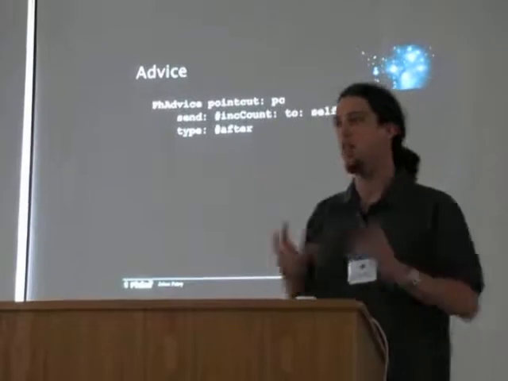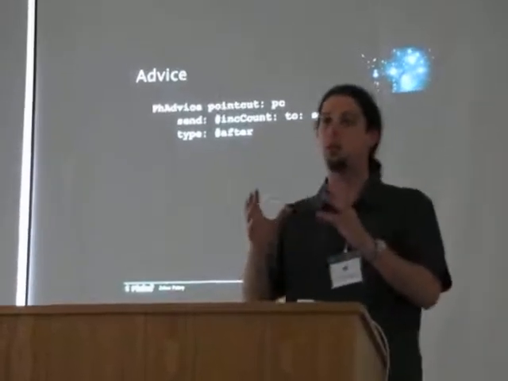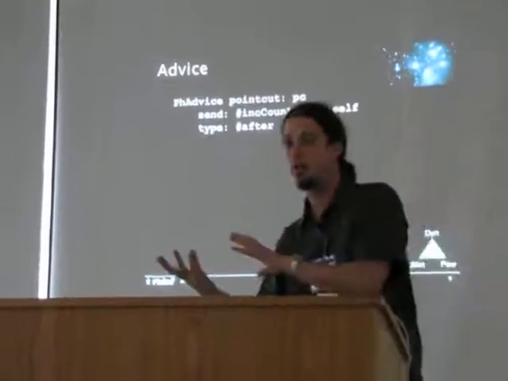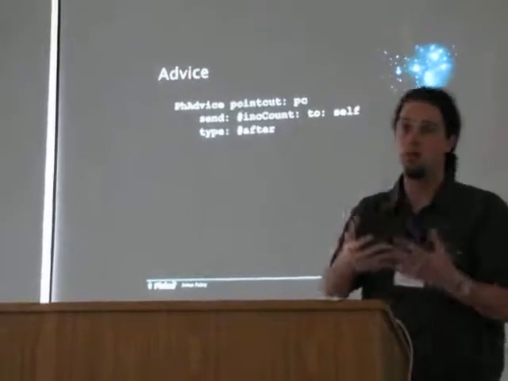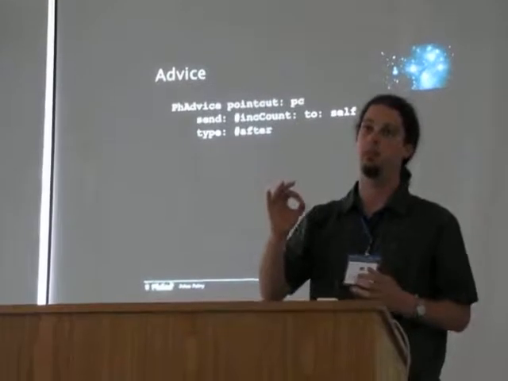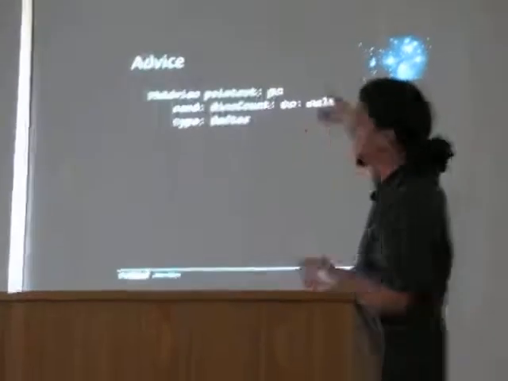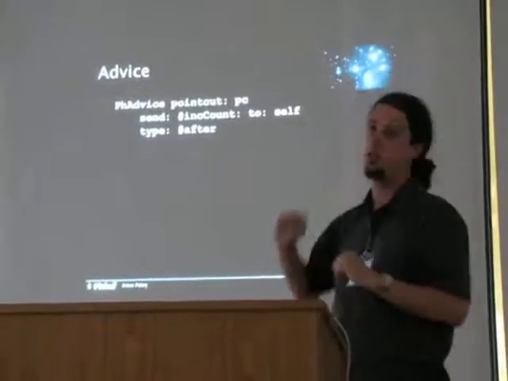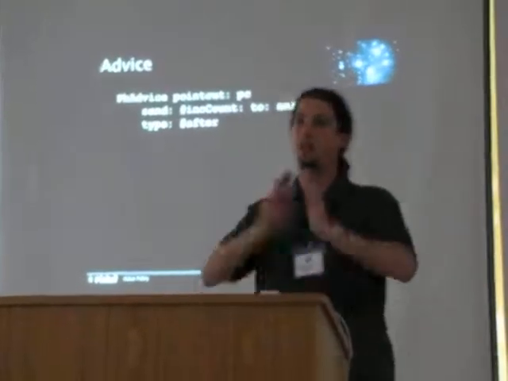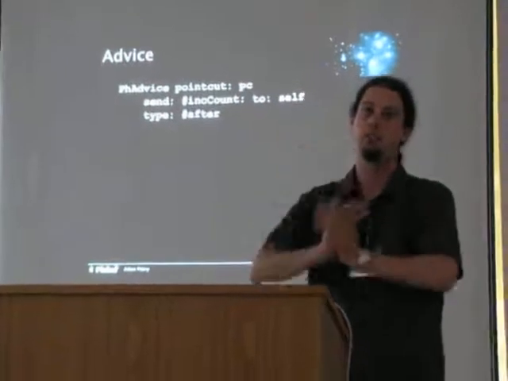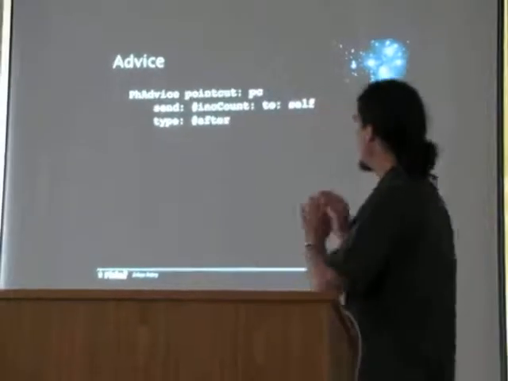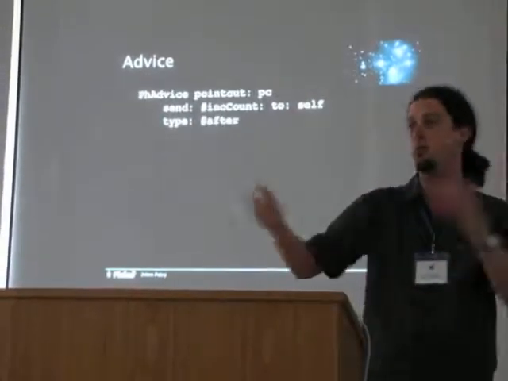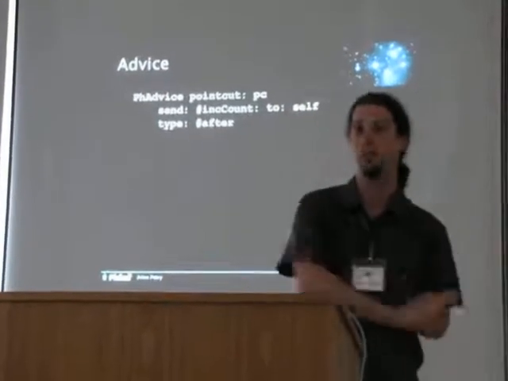And then there's the AOP way of doing things, that you can say, I want this to happen before, I want this to happen after, or I want this to happen around the join point itself. So in this case, after this point, this thing happens: I'm going to send this message to this object. This is the way that I like this to be used, because it's very clear, it's very simple, and the behaviors are methods. So we're not introducing any new stuff, we're keeping it simple.